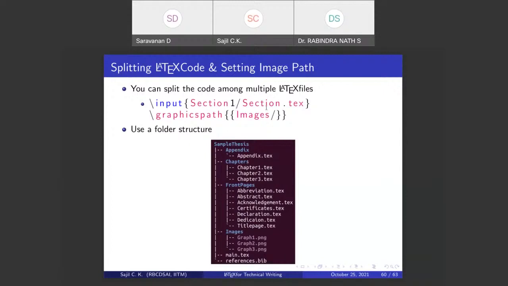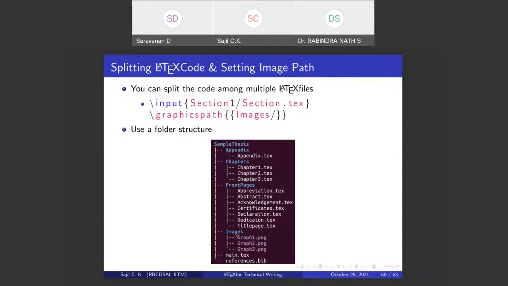That way, all of your chapters will be in a single folder. And then you can group all of your front pages like abbreviations, abstract, acknowledgement, certificates, declaration, dedication, title page, etc. into another folder and insert them in the same way, in the right order.